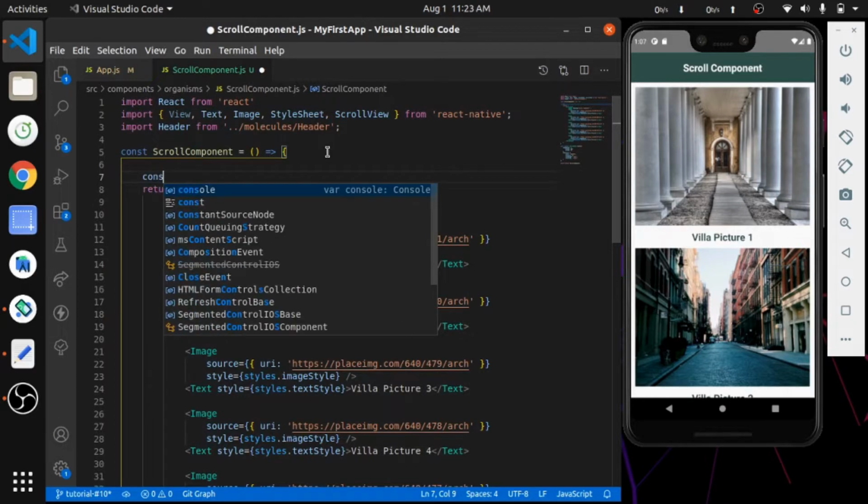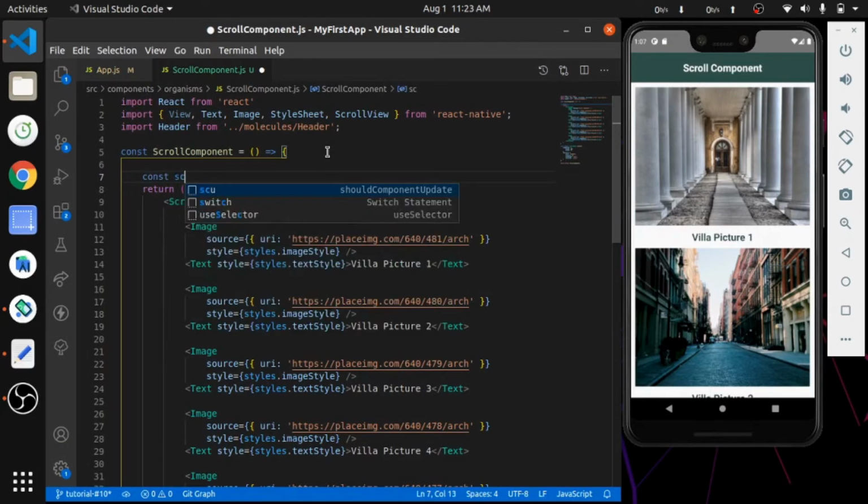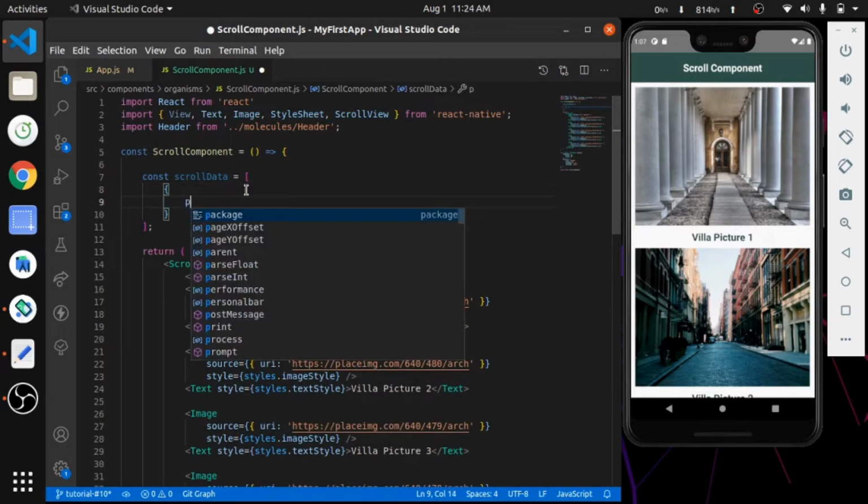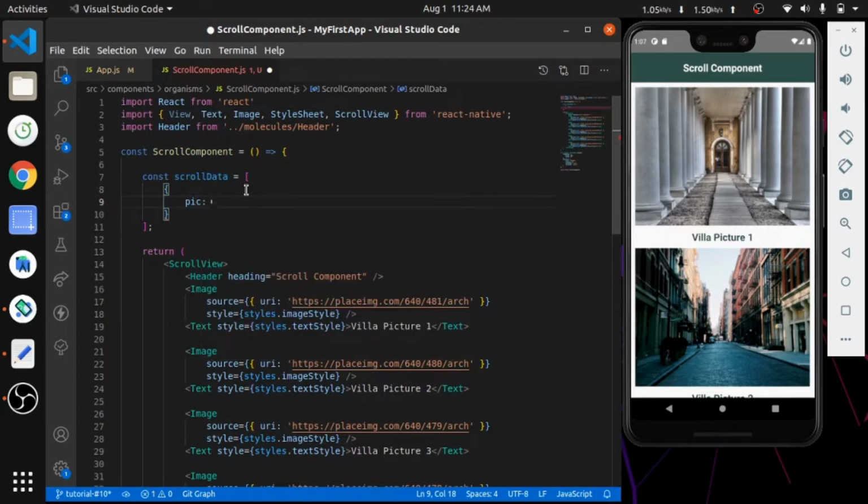So I am creating an array called scrolling data, and creating an object which will hold the picture URL and the title.